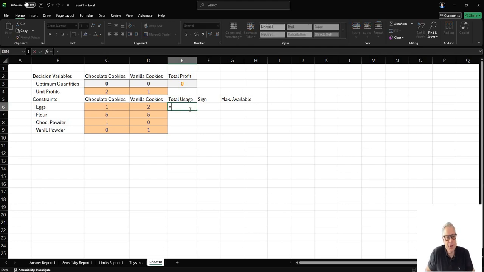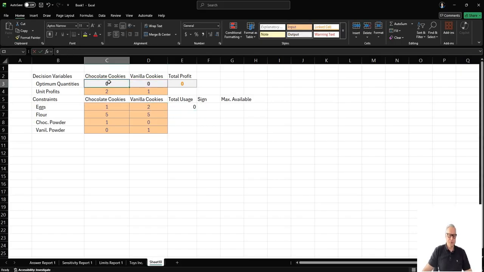Okay, so now instead of entering the total usage manually by saying, okay, the optimum quantity times the number of eggs per chocolate cookie plus the optimum vanilla cookie times the eggs used per vanilla cookie. So let's say I just enter 3 and 4. So entering the way I entered it right now, it's a little bit cumbersome, can be a little bit simplified,